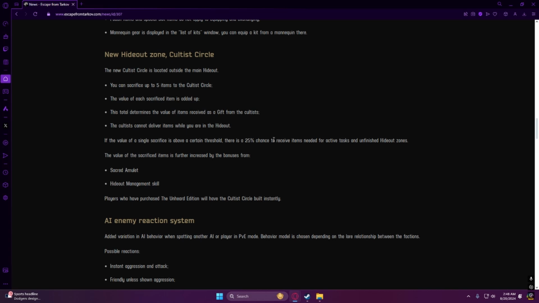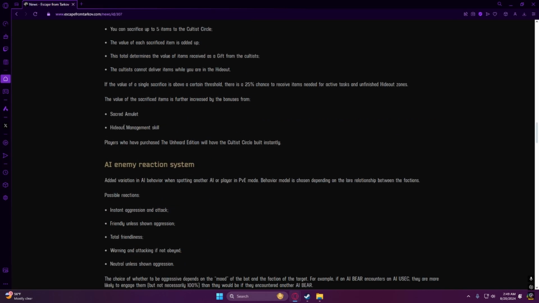This speaks volumes to me. And it only reinforces my theory on the fluctuation of loot and how I don't think it's actually very grounded, and they changed it a lot. But we'll see. The value of the sacrificed items is further increased by the bonuses from Sacred Amulet, Hideout Management Skill. The value of the sacrificed items is further increased. You get a nice little bonus with the